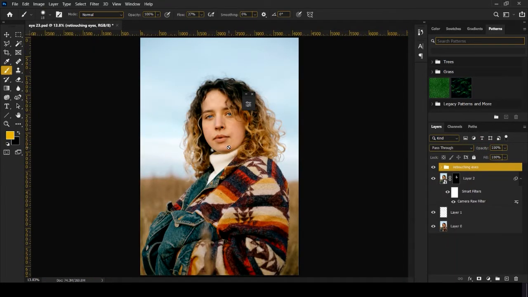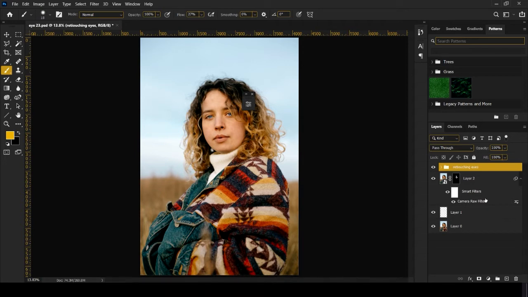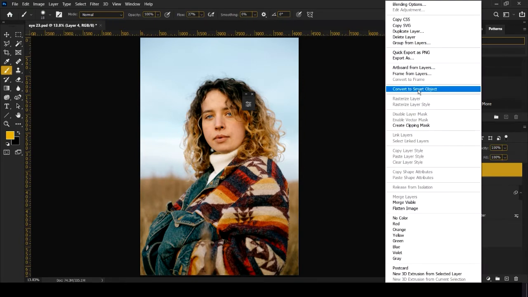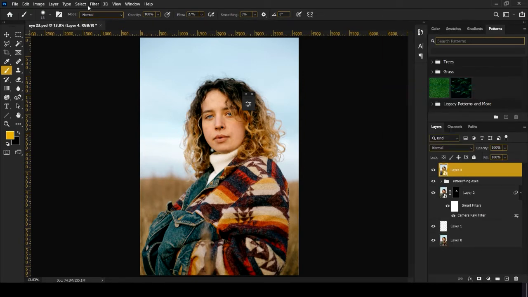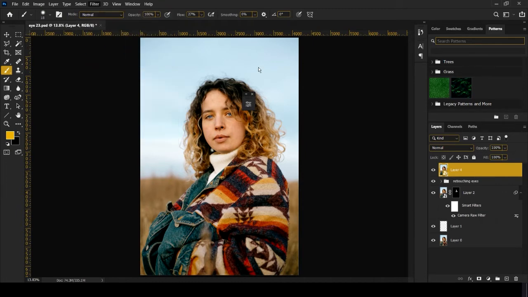Our next step will be correcting the shape of the person. For that, we will create a stamp visible layer of all the layers you can see by pressing Ctrl, Alt, Shift and E, and we'll again change it to a smart object. Then we'll go to filter and liquify.